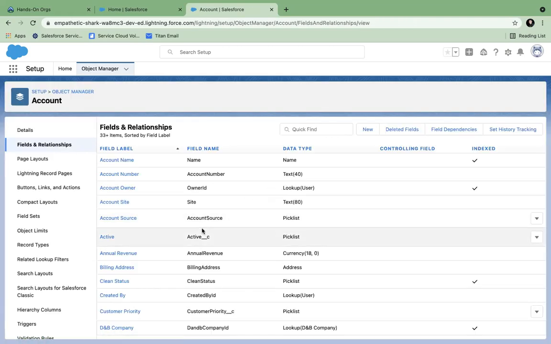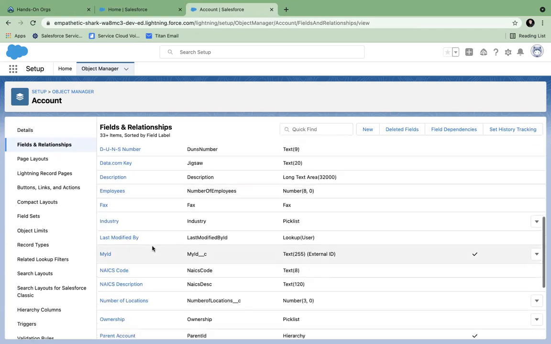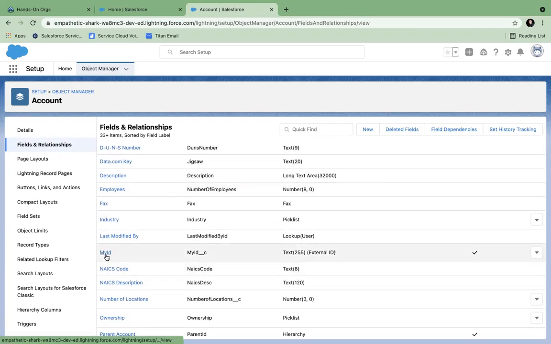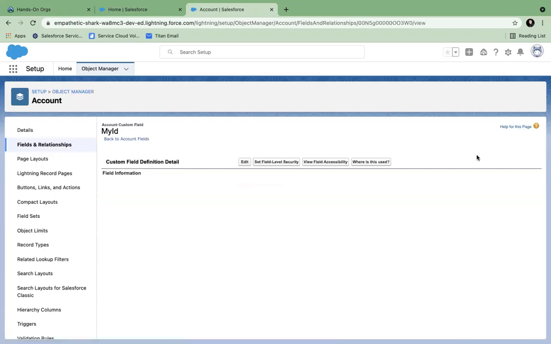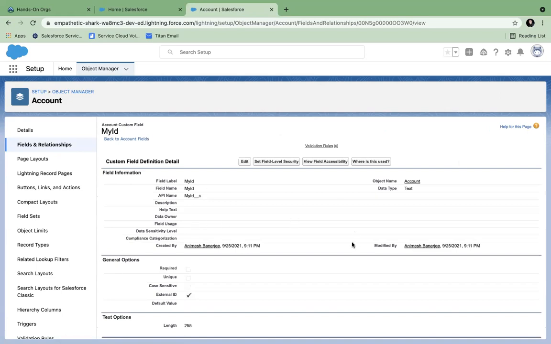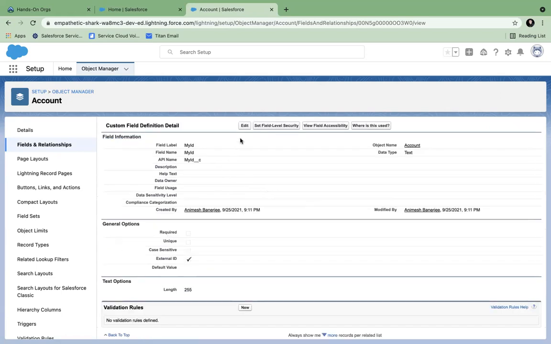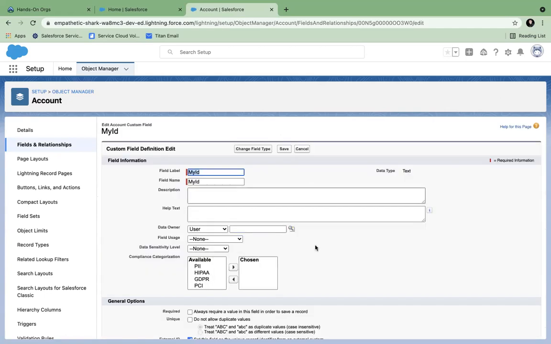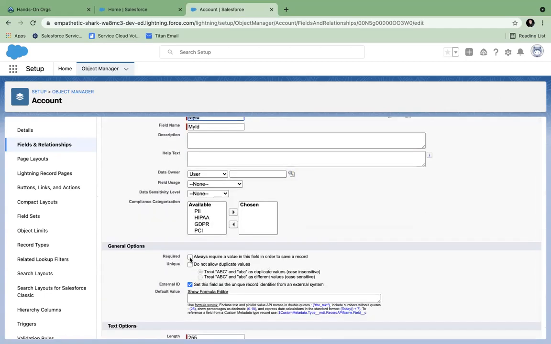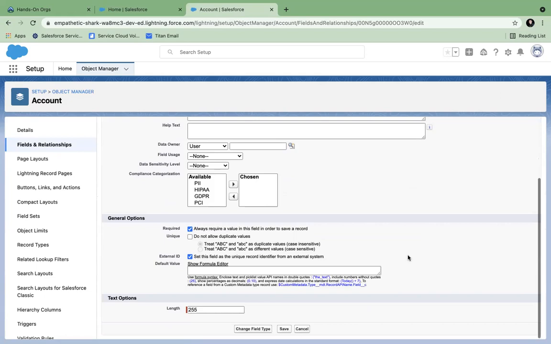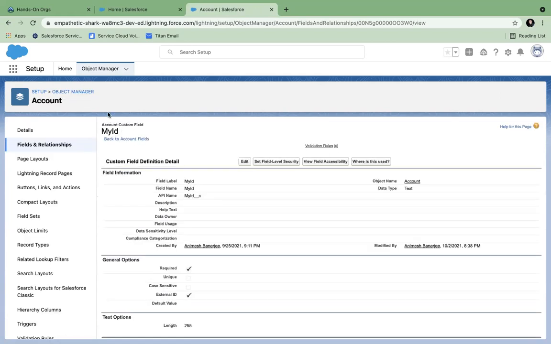But if you go to this my ID field, this is a custom field which is created by me. I want to make this mandatory. I can edit this field and I can make this required. And save it. If I make it required, then what happens?